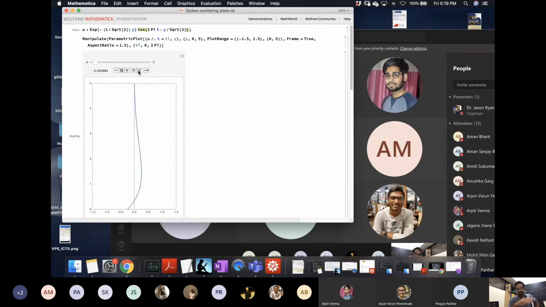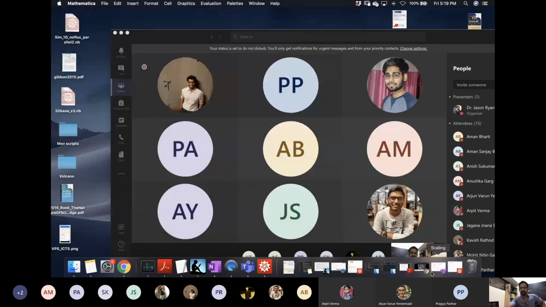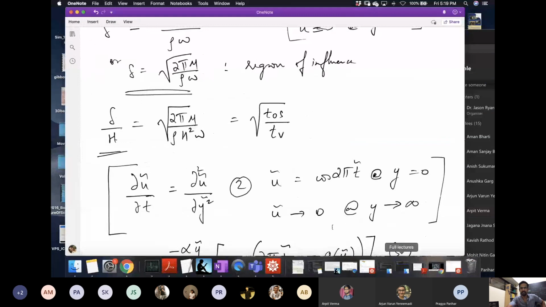As you move away from the wall, the magnitude of the velocity decays exponentially, and also the direction of the velocity can be out of phase, right? Because the viscous diffusion time that's transporting the momentum leads to a phase lag. So if the wall is moving in the positive direction now, the fluid above it senses that only after some finite time. By that time, the bottom wall has changed its motion. So you get this kind of phase lag and also a decay of velocity as you move away from the bottom. And we derived this analytically, without having to resort to any numerics, by using this idea of boundary layer that came directly from our scaling.